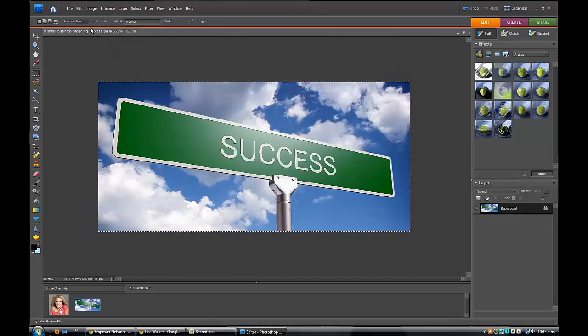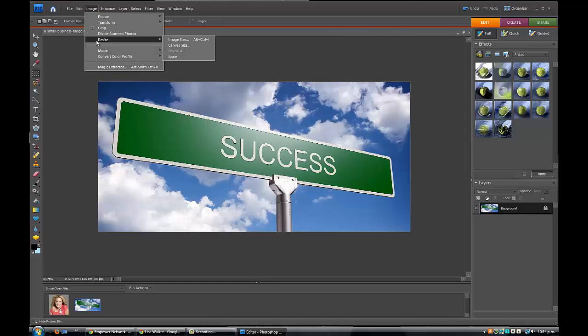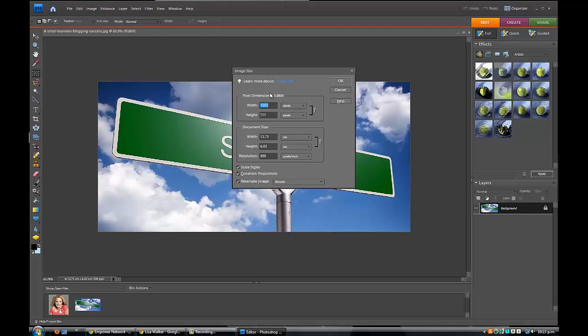Now what we want to do is resize the width. So I go to Image, Resize, Image Size, and the width is probably a little bit more important than the depth, because we can actually move the picture around a little bit once we've uploaded the picture on Facebook, which I'll show you how to do next, later on after we've done these images. So we want the width to be 851 pixels,